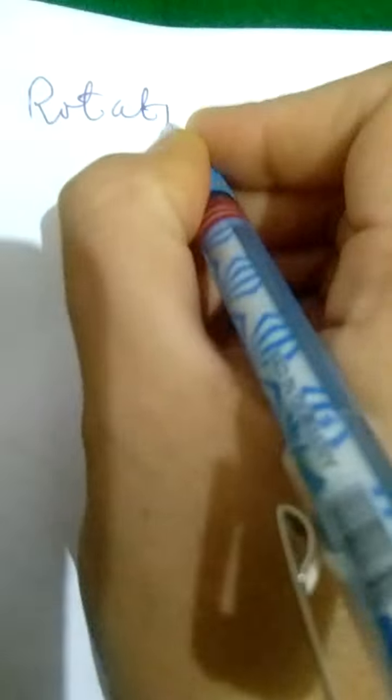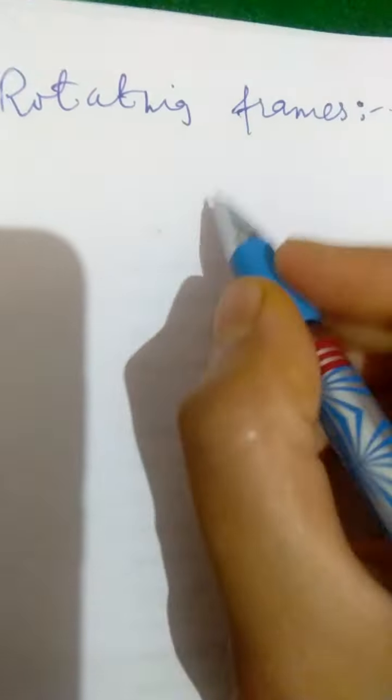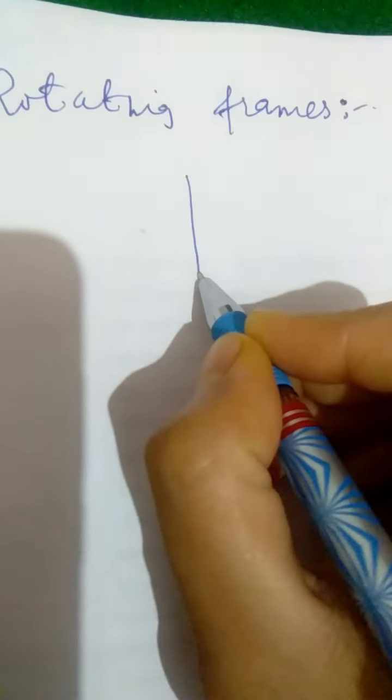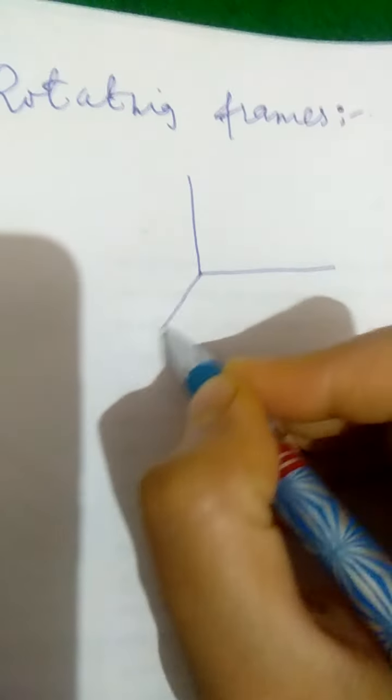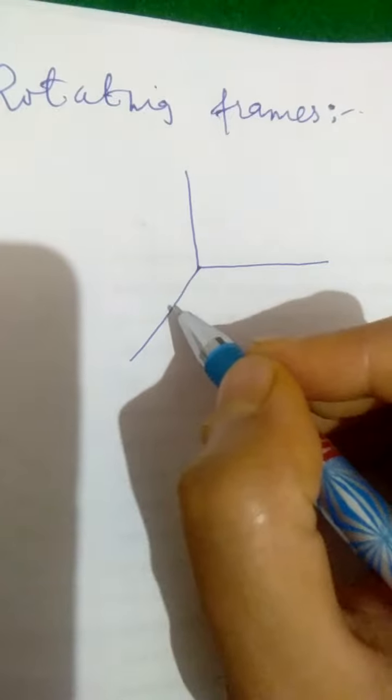Dear students, today we will talk about rotating frames. And while discussing rotating frames, we basically arrive at the expressions for Coriolis force and centrifugal force, right? So we have a rotating frame of reference, and of course, we define every non-inertial frame with respect to an inertial frame of reference.